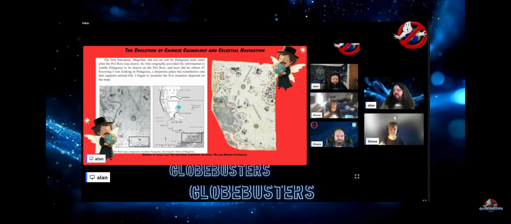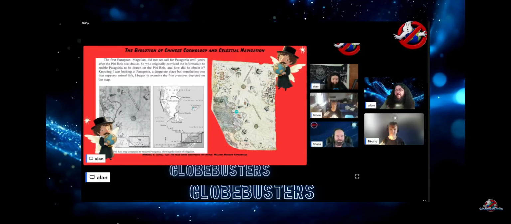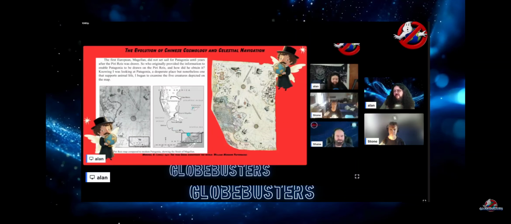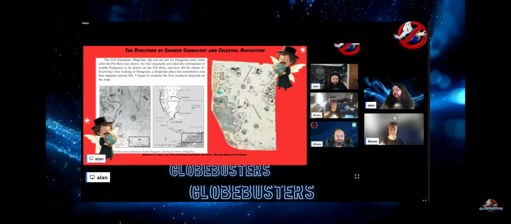So anyway, here's the path that they traveled, and this is next to the old Piri Reis map, which the Chinese added to. This is the Antarctica section, mirroring the path that they traversed here, and the ice patches and stuff that they encountered. And then they came down here, went back up, and then went home. But anyway, they contributed to this map here, and they went through the Magellan Strait first.